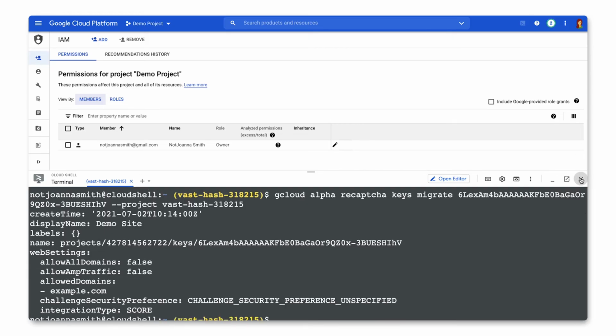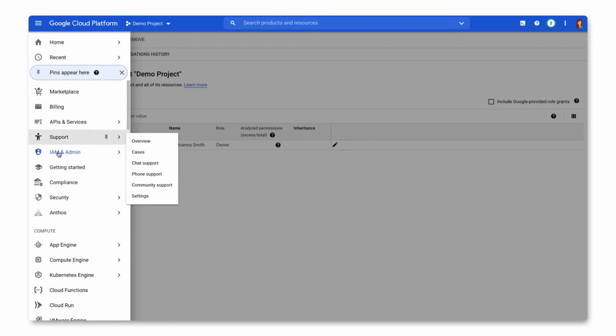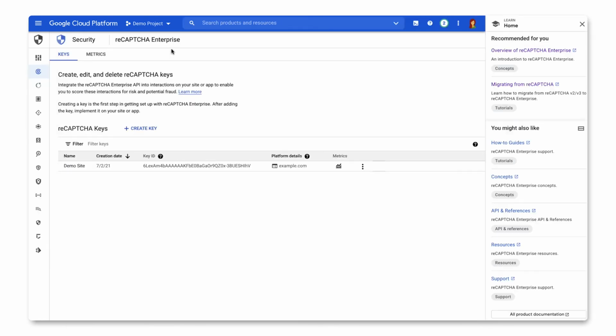Back in the Cloud Console, we can see our migrated key under Security, reCAPTCHA Enterprise. Here, we can see analytics and manage the key moving forward. And that is how you can easily migrate your existing reCAPTCHA v2 and v3 site keys to reCAPTCHA Enterprise for